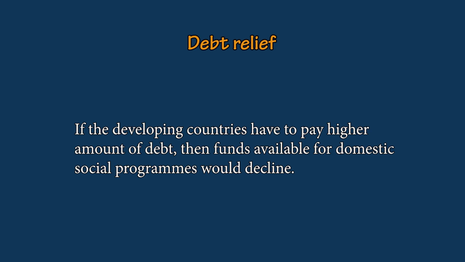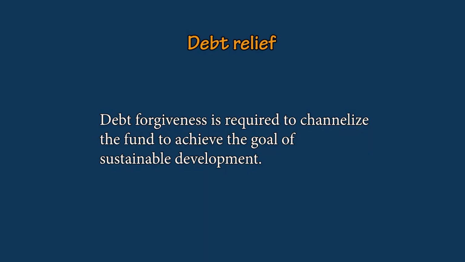The second part is debt relief, right? This could be a very important policy prescription. If developing countries have to pay a high amount of debt to the developed countries, obviously their funds are being channelized in another direction. They can't undertake any investment, let's say, for sustainable development or to achieve sustainable goals. In this case, if the developed countries can give some amount of debt relief, then the developing countries can channelize their funds to undertake various kinds of activities which would address environmental degradation.